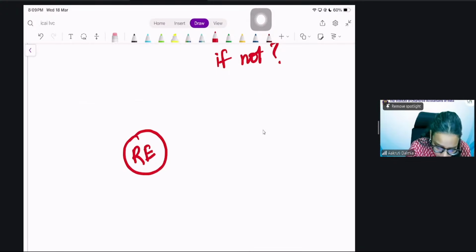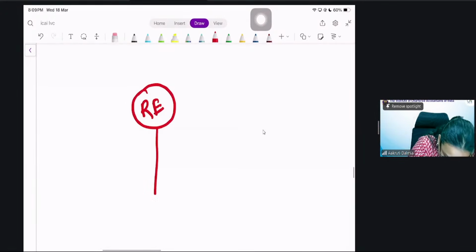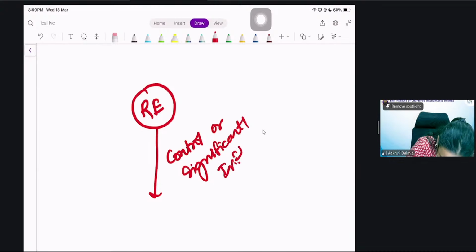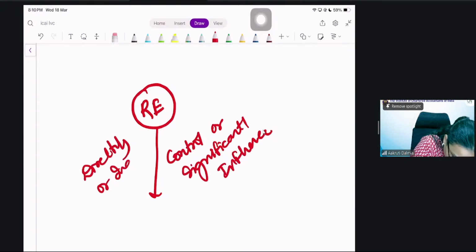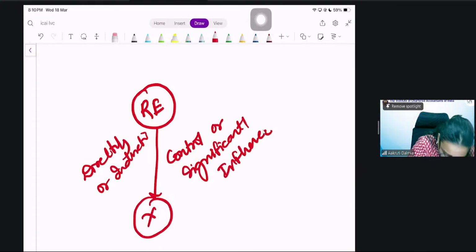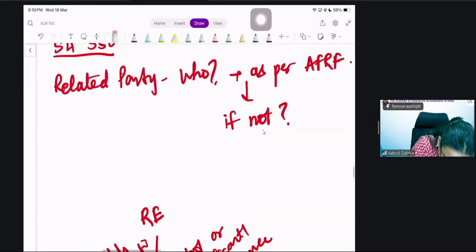So if this reporting entity has control or significant influence directly or indirectly on any entity, is that my related party? Quickly tell me. If reporting entity has any kind of control or significant influence directly or indirectly on X, is that my related party? Okay. If some entity,